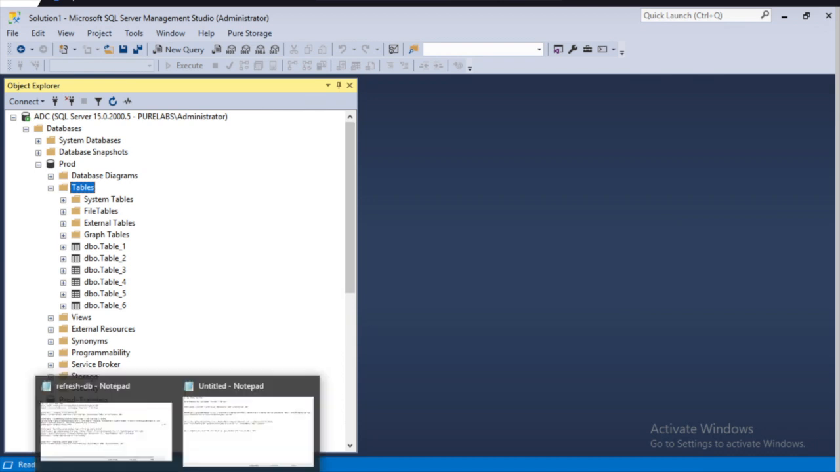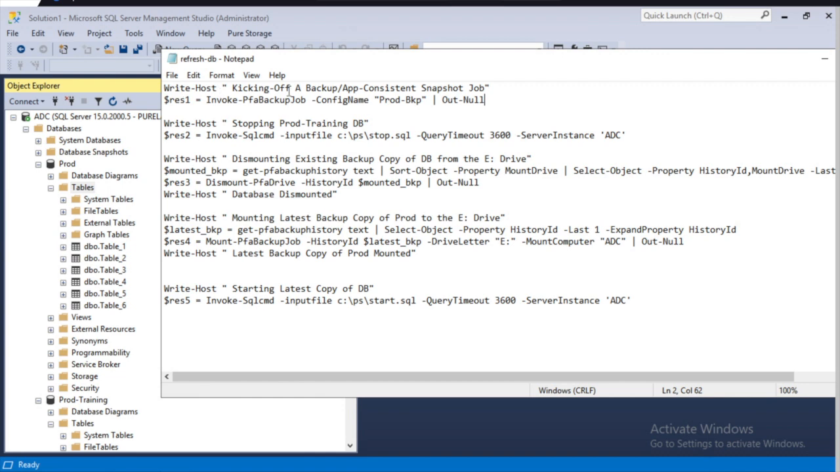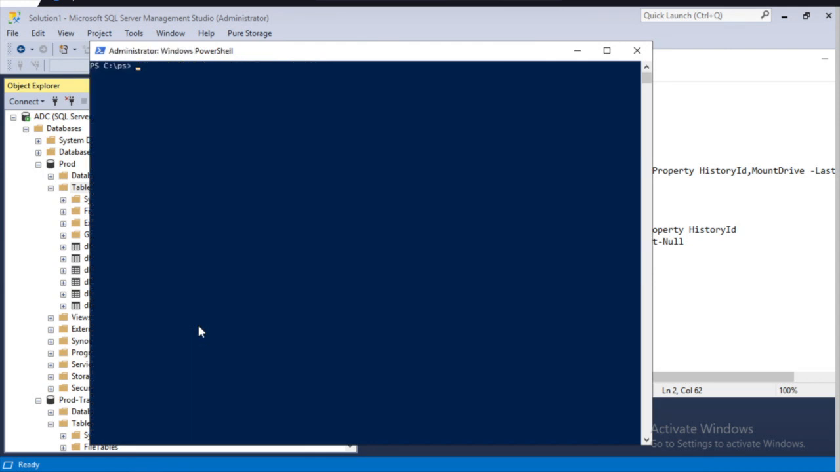And then what I'll do is I actually have these commands copied into this refresh over here, where I kick off and write some stuff to the host so we can see what it's doing. So if I come down here, I'll clear the screen. I've got nothing more than that refresh PS script and those start and stops that basically start the database and offline the database. So I'll go ahead and run